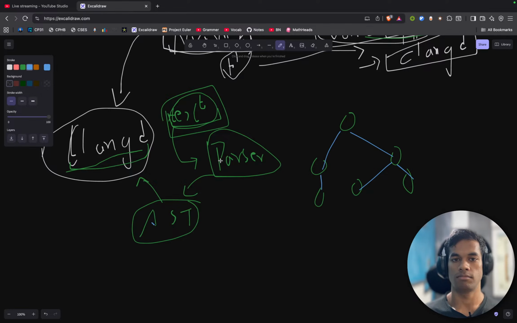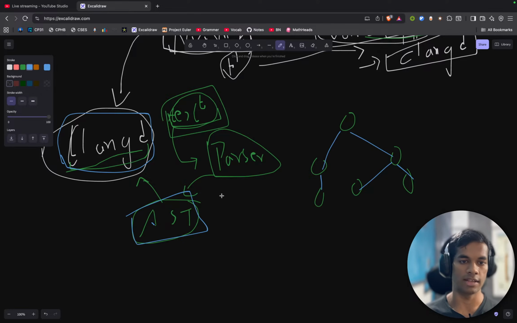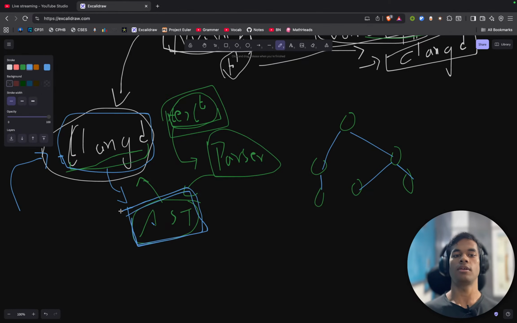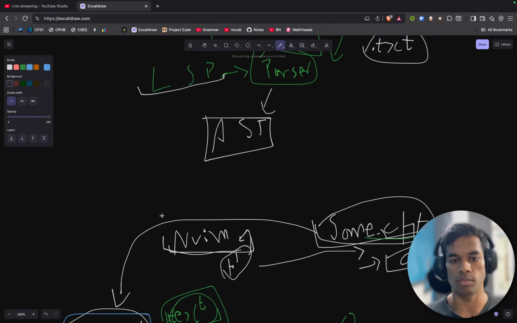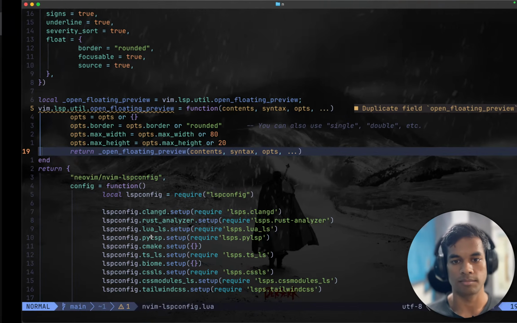Now clangd, this LSP, can actually do some things with the code, since now it is an abstract syntax tree, which is meaningful. And since LSPs are made for specific languages, this LSP is for the C, C++ language. So it knows what this AST is supposed to look like. So it goes through the whole abstract syntax tree and sees, does this syntax tree follow everything that is supposed to be in this language? Is there some error? Like for example,